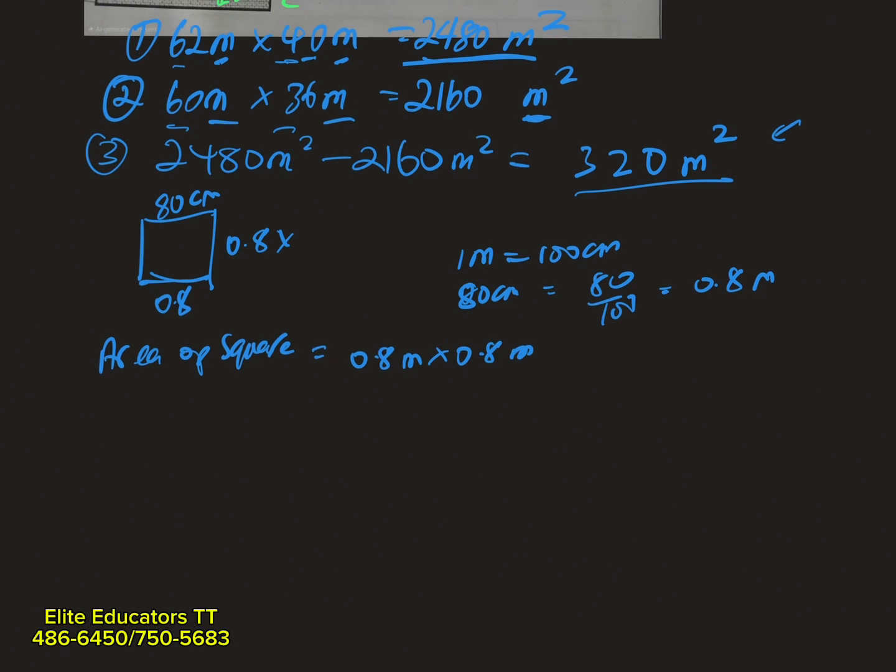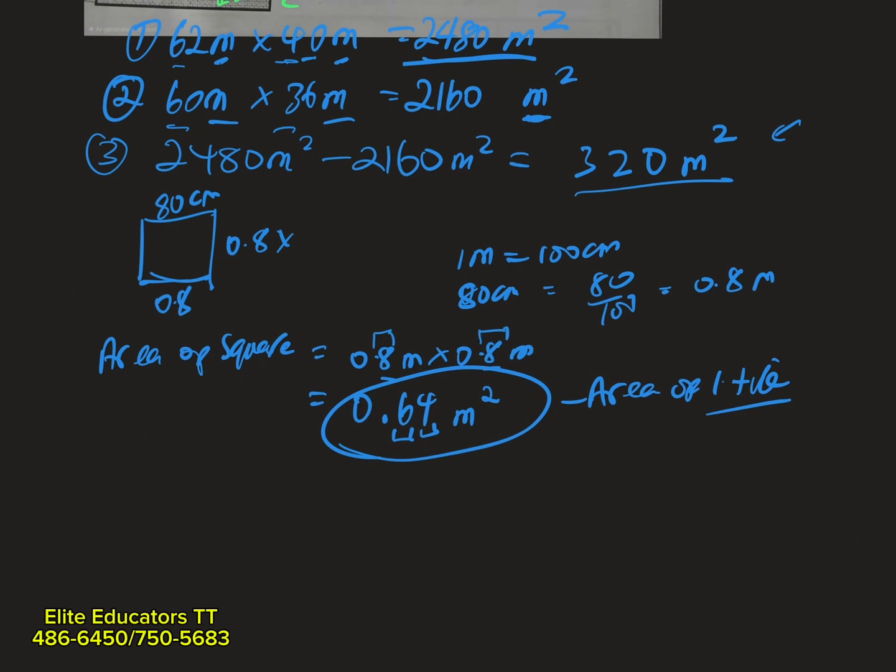And when we multiply 0.8 by 0.8, what I'll do is remove the decimal points, 8 by 8 is 64, and then put the decimal points back in. We have one number after the decimal point here, one number after the decimal point here. So when we put that decimal point, you must have two numbers after the decimal point. So the answer is 0.64 meters squared, right? So this would be the area of one tile,